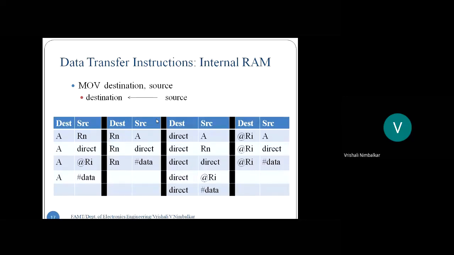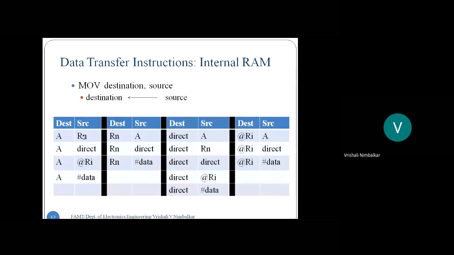How do you say that this is immediate addressing mode, this is direct addressing mode, this is indirect addressing mode? It is always related to the source operand, right? Every time, remember, students, if the source is in the register, we say register addressing mode, right? So the source operand indicates the addressing mode, not the destination, right? So MOV A, Rn: the source is in register Rn, hence register addressing mode.